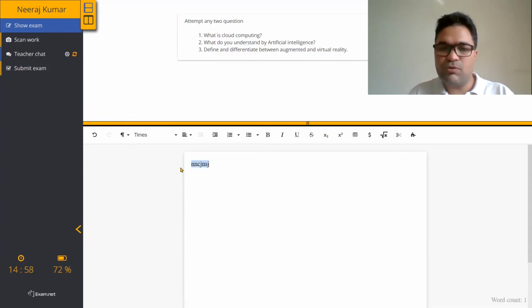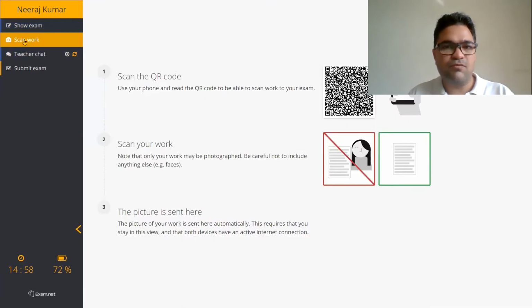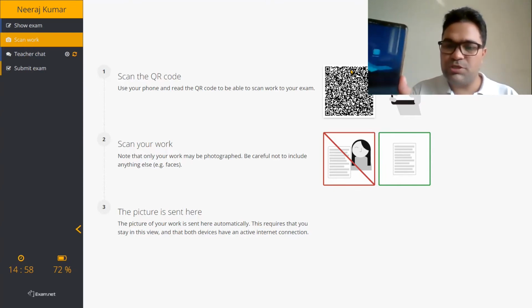In that case, you go to scan work, and there you can see a QR code, and you have to scan this QR code. For this, you have to use your mobile phone, and download an Android app or iOS app. As I'm using this app, I'm showing you.